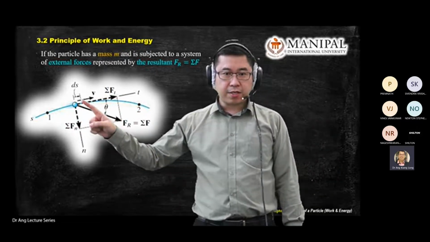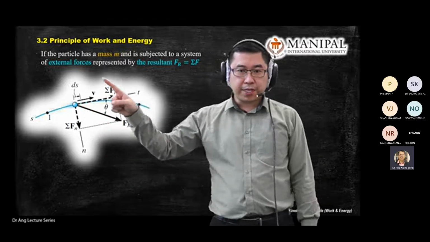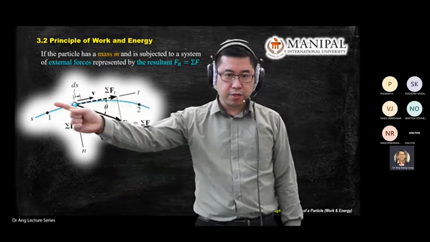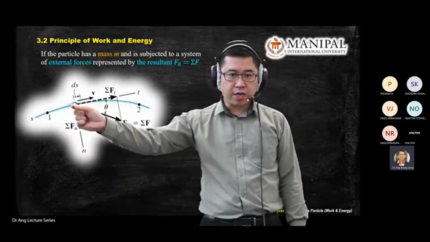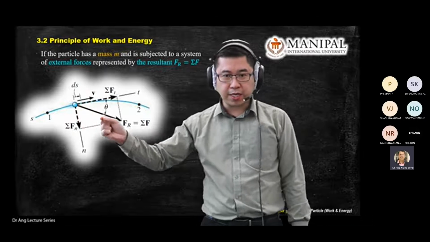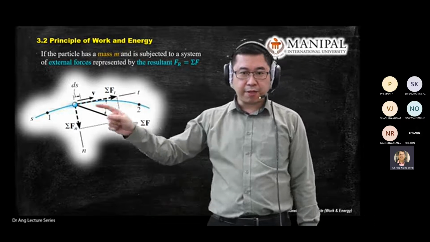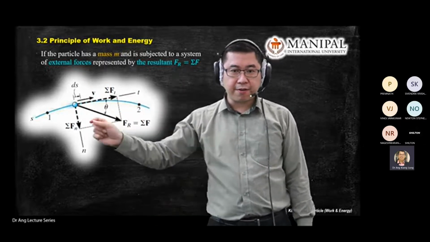And this particle was subject to an external force. Meaning there's one particular force pulling this particle in a certain direction. In this case, we give the pulling force or external force by resultant force Fr here,